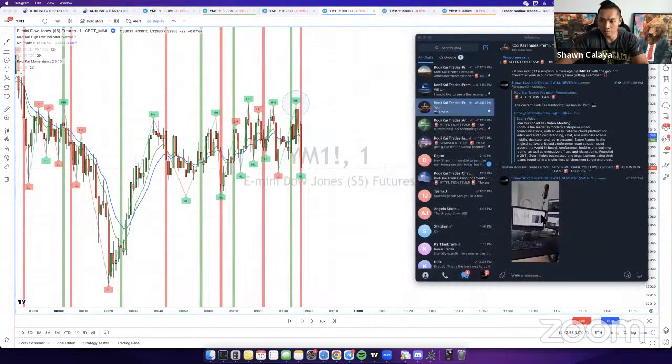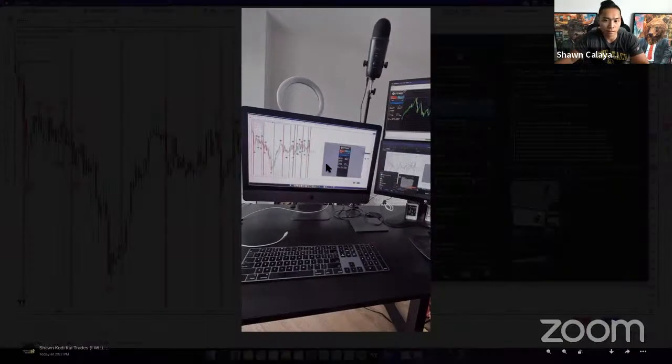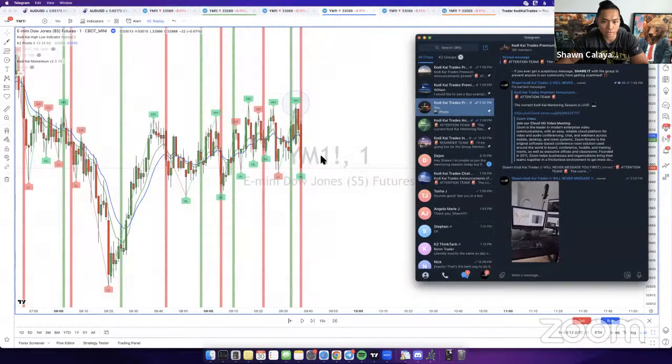Okay, so this is what my setup looks like, right? This is where I'm at right now. This is my main screen. I just have TradingView up. You can see my quick trade manager right here on the right side. I'm literally just having my finger right over it. So when I see the entry coming up, I'm just hitting buy or sell, buy or sell. My mouse is right over it, and as soon as the candle closes, I just click buy or sell, whichever one it is.